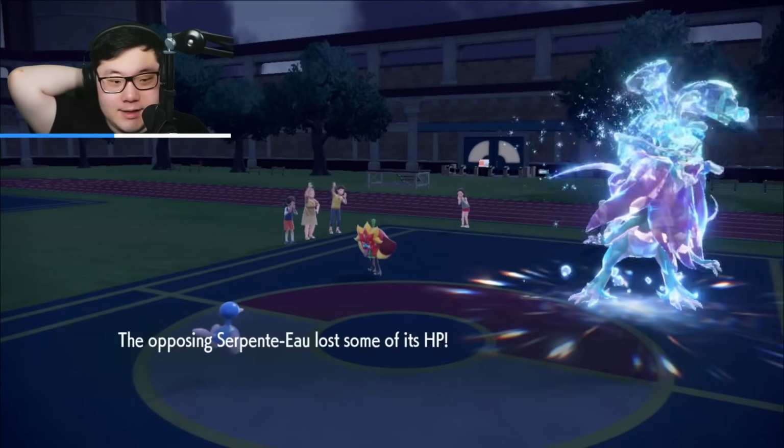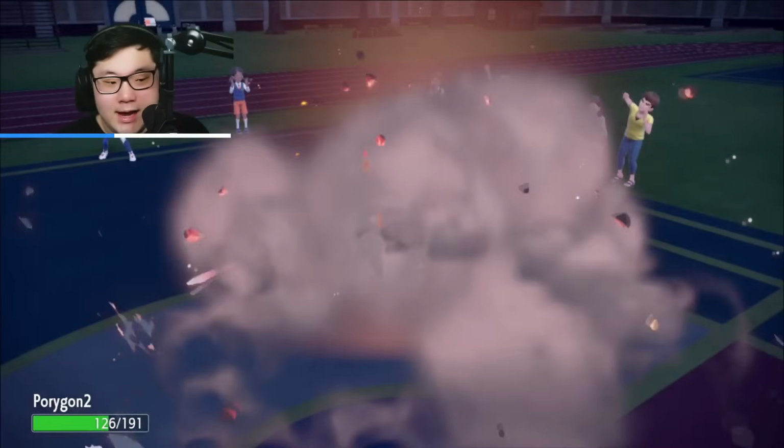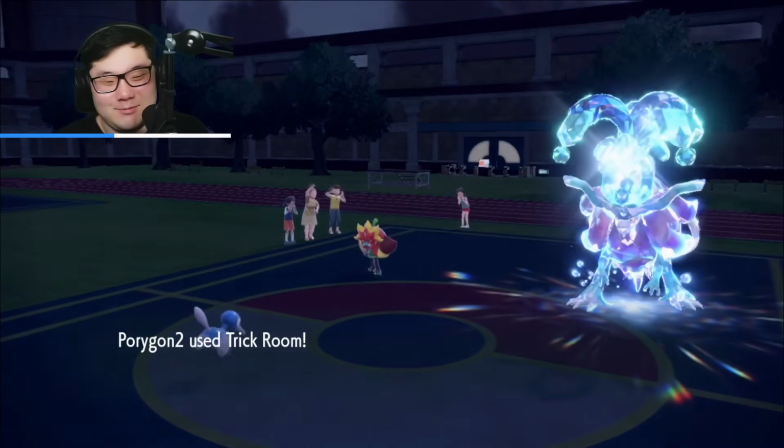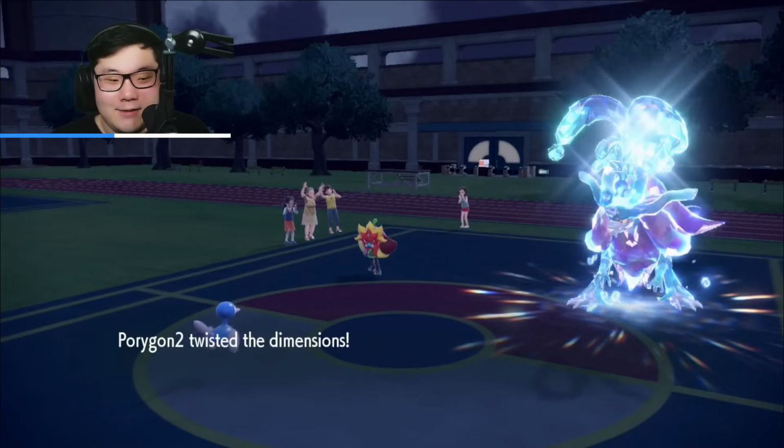And yeah, that Walking Wake is very, very low at this point. Ivy Cudgel is going to be coming out, but that is a-okay. As you can see, it does no damage to the Porygon. Maybe I'd even have to go for that switch, but it's a-okay by me, as I will get a free